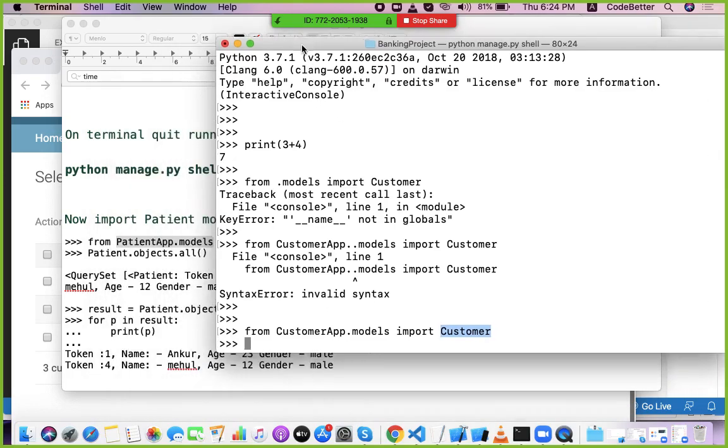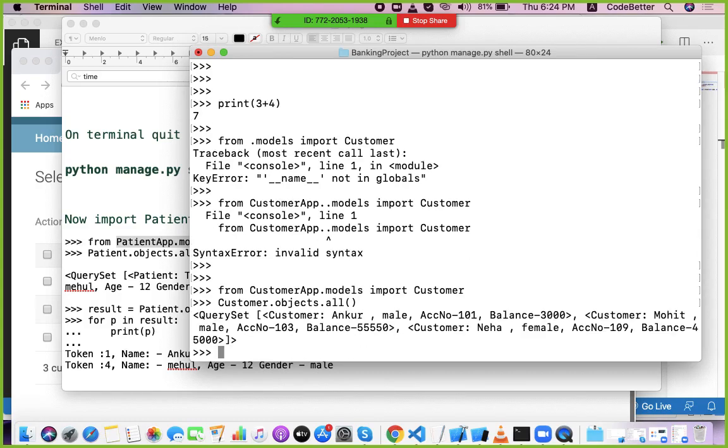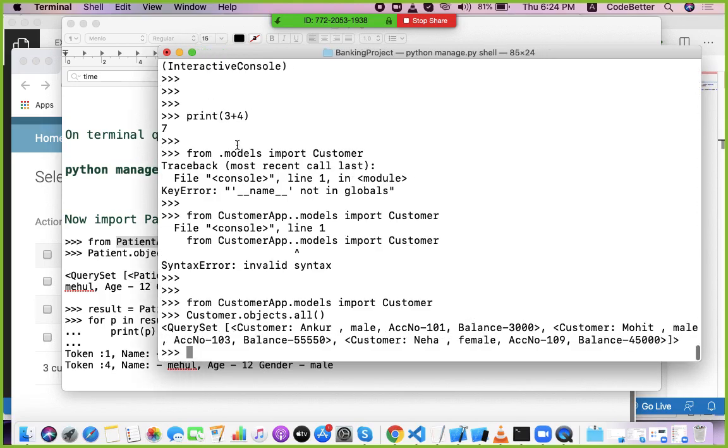Now I can fetch data from the customer model using just customer dot objects dot all. This all function gives you the representation of the select star from customer query. So if I write like this, I will get all the customers. You can all see the list of objects of the customer table.